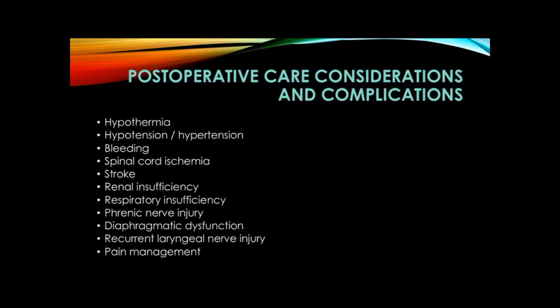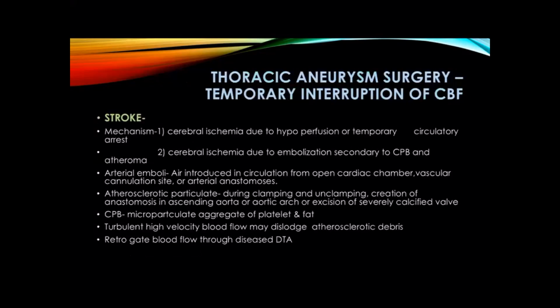There could be hypothermia, hypotension or hypertension, bleeding, spinal cord ischemia, which is very important from our point of view, from today's discussion, stroke. Then there are lots of things: renal insufficiency, respiratory insufficiency, phrenic nerve injury, diaphragmatic dysfunction, recurrent nerve injury, or pain management. So thoraco aortic aneurysm surgery, why the temporary interruption of the cerebral blood flow,